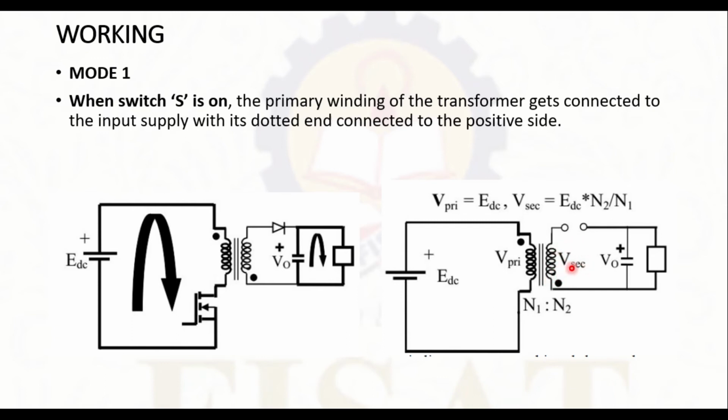So the induced energy will be stored within the secondary windings of the transformer. Or we can say that the energy is stored in the magnetizing inductor, where the secondary acts as an inductor. During mode 1, the current through the primary inductor or primary coil is increasing, while the current through the secondary is almost constant or zero. Also, the voltage across the primary windings will be the input voltage.